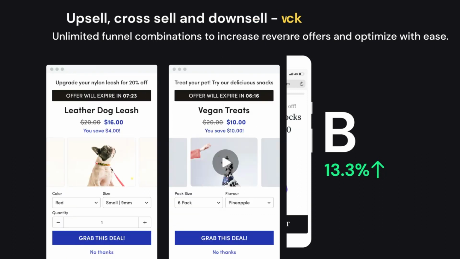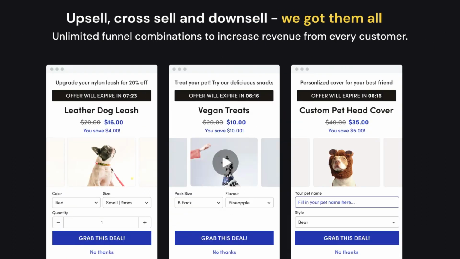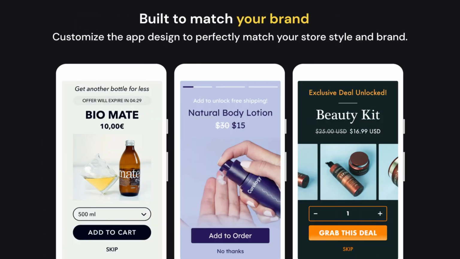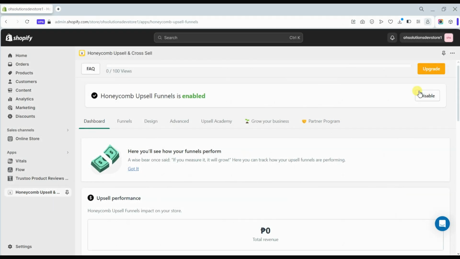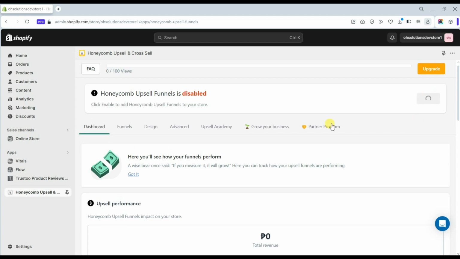features, including product recommendations, personalization, analytics, and reporting. It also integrates with a variety of e-commerce platforms. To set up the app, download and install the app on your Shopify store through the link in the description below. Once you have installed the app, on the app dashboard, enable the app and create your first upsell or